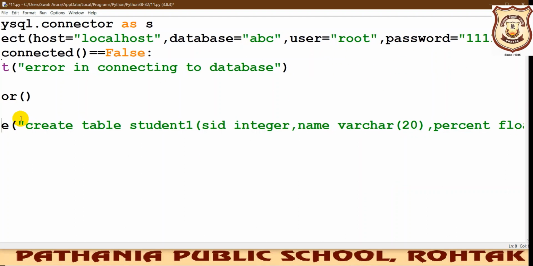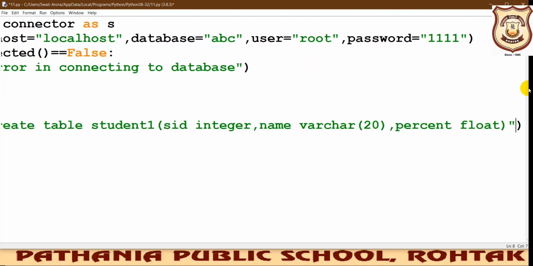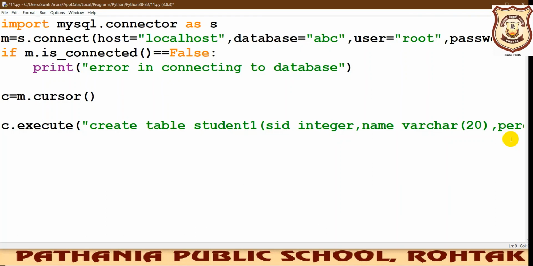This particular double quote ends there, and this bracket we have ended last. So be very careful, otherwise your program will not run. I hope you are getting my point: one bracket, then double quotes, and then a bracket. That will be fine. So now our table would have been created.